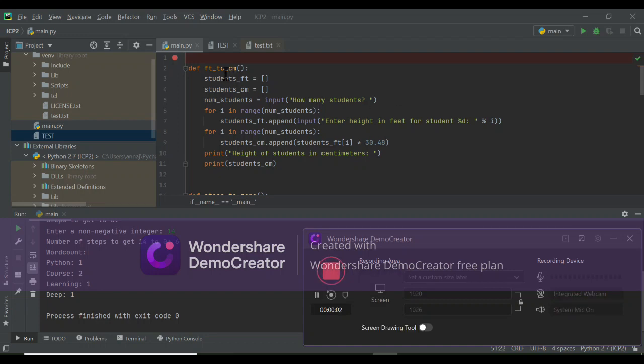For the first function, feet to centimeters, I just created two lists, students' feet and student centimeter. I had users input how many students and the height in feet for each student. And then to convert it to centimeters, I iterated through, in this for loop, each object in the student's feet list and multiplied it by 30.48 and appended that to student centimeter list, and then I just printed out that